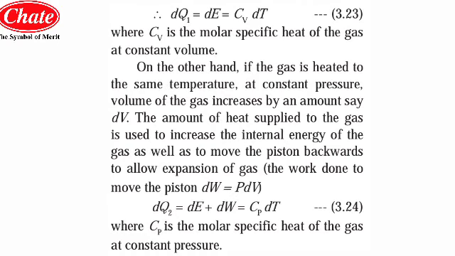So the total heat addition dQ2 will be equal to Cp into dT. As I have already explained, Cp is the molar specific heat at constant pressure. What would it be if it were Cv? It would also be a molar specific heat, but at constant volume. But here they have given Cp, the molar specific heat at constant pressure, into dT, the small increase in temperature at constant pressure.